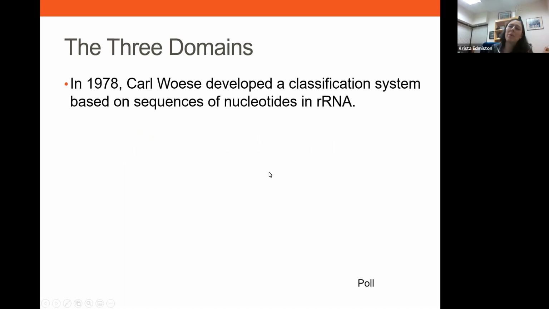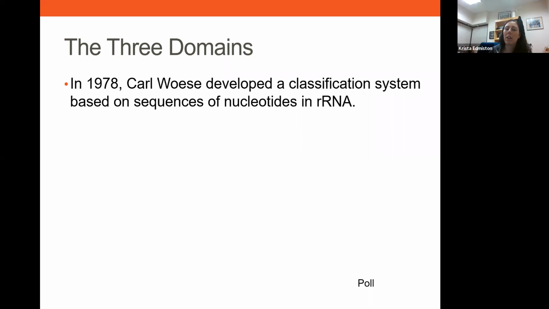So many years ago in the medieval times of 1978, a scientist by the name of Carl Woese came up with a classification system to classify organisms. Prior to this, guys like Darwin and others who studied relationships between organisms had classified organisms based on things that we can see, the phenotype of them, the size of the beak on a bird, or the fox versus the coyote, things like that,